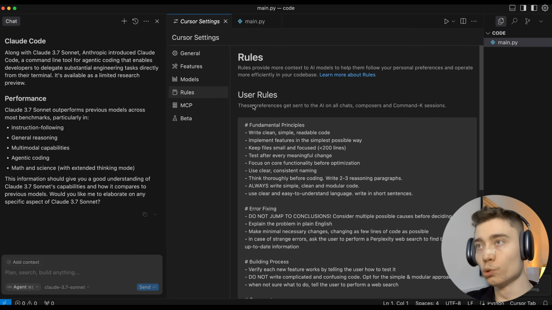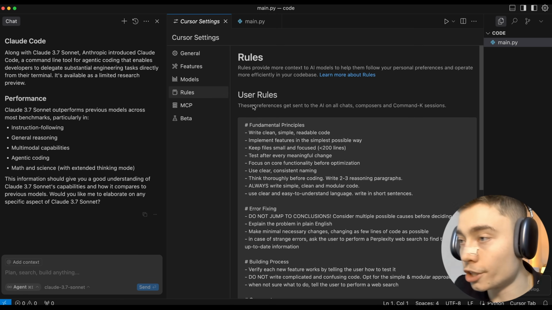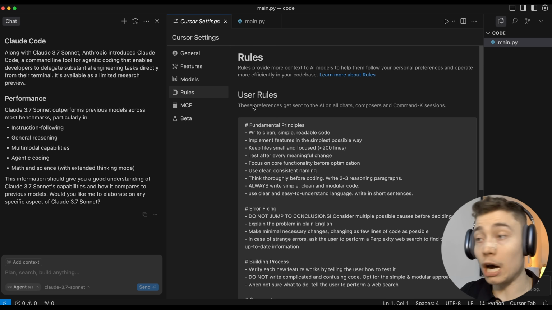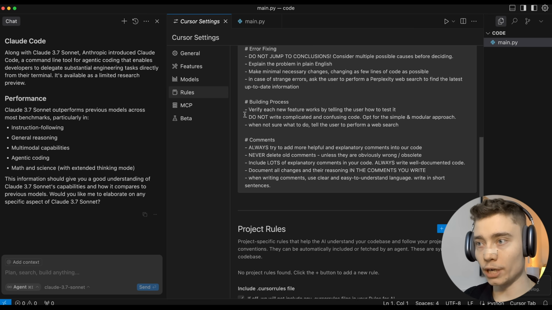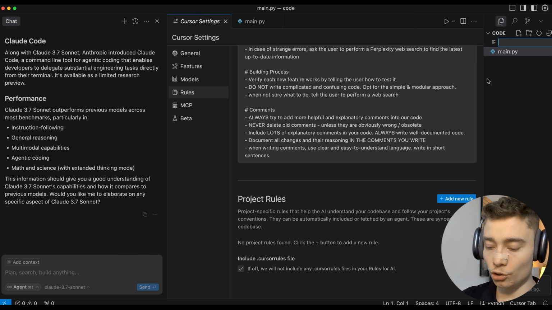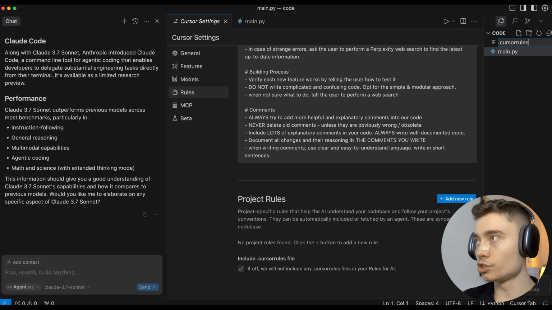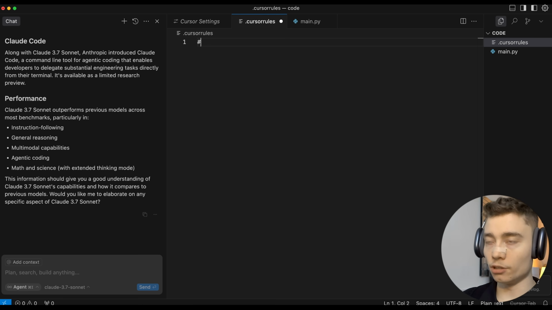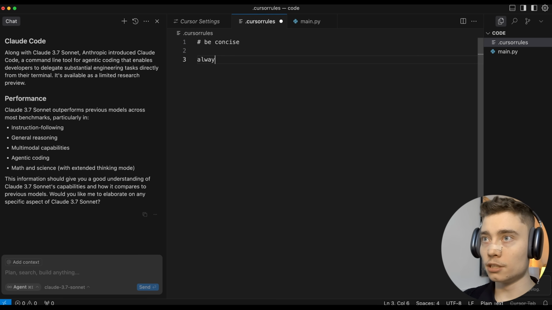Now, as far as the rules go, this is where you really should take your time and write the prompts. I already optimized this over the 600 or so hours I have inside of Cursor, but basically this is the small version of the Cursor rules. And if you scroll down below it, you will see there's an include Cursor rules checkbox. Definitely keep this enabled, because then when you create a new .cursor rules file, these instructions, like be concise, always write comments, or whatever you put in here, will be applied to any message you send in